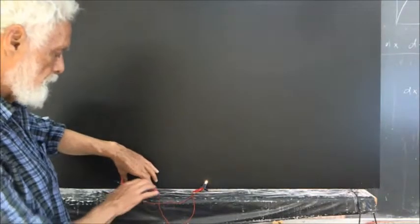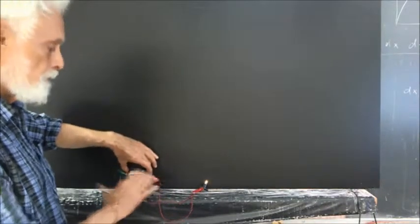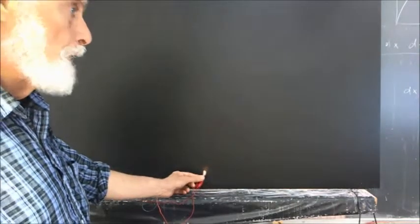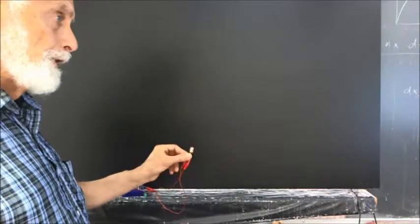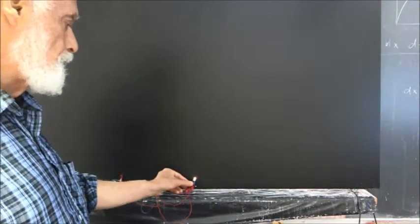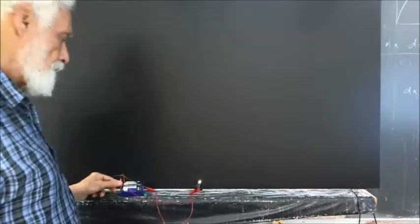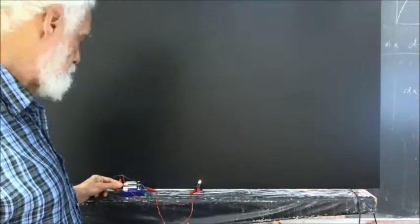What we see here is a couple of batteries and some wires, connected to this bulb. Now, you might or might not be able to see that the bulb is glowing. It's not glowing very brightly. I could hook up another battery or two and make it glow a little more brightly, but just to see